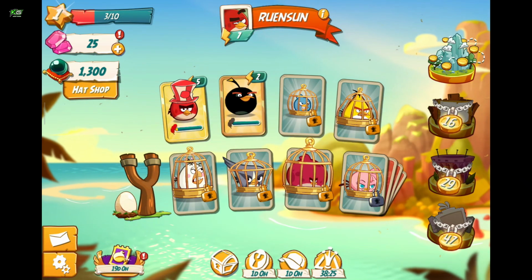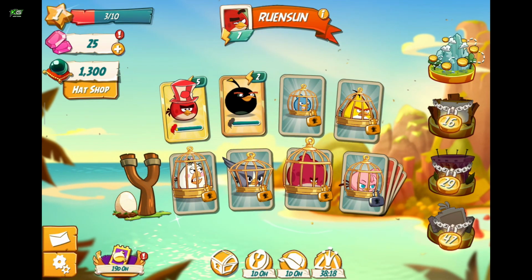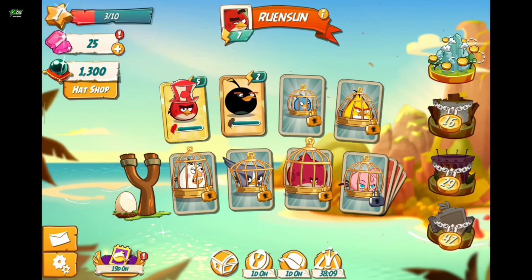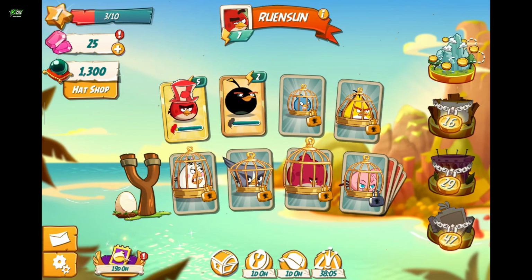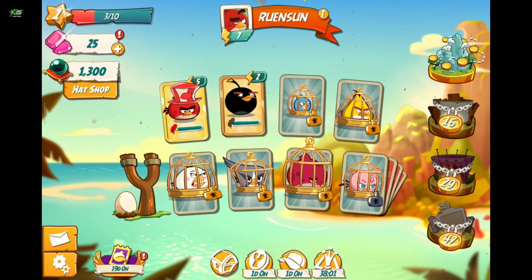Today in this tutorial I'm going to show you how to play Angry Birds 2 without any sound. If you are trying to play Angry Birds 2 quietly so that you can focus better, save battery or just enjoy your own music, first of all open the Angry Birds 2 game on your device, and once the